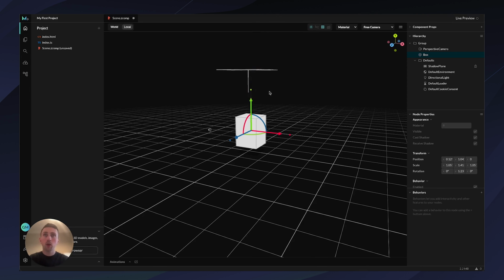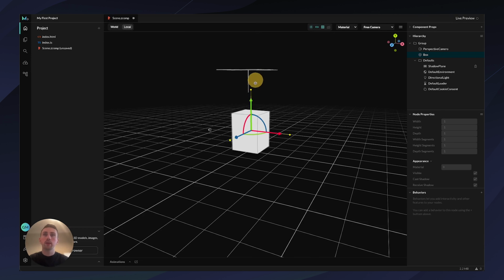You can also hold down the shift key when you're selected on a component, and that will automatically toggle this on and off. So I can hold down shift and it will scale across all axes, and I can let go and it will only scale on one, and vice versa if I have this turned on and hold down shift. We also have down here a behaviors panel.